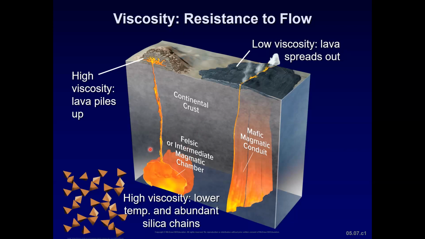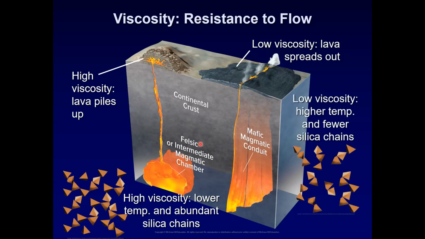So felsic material, it's got a lot of silicates in it. It's very resistant to flowing. Abundant silicate molecules link into long chains that don't bend or move easily, so that magma is considered to be viscous. If you have mafic material, that's low viscosity, higher temperature, and it has fewer silica chains, it's less resistant to flow and it spreads right out. With this pileup of felsic material,